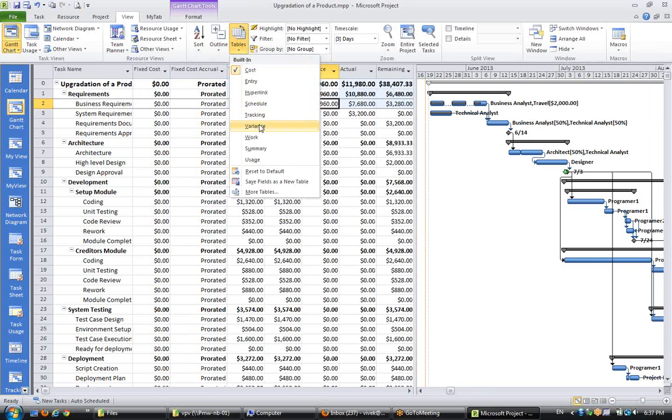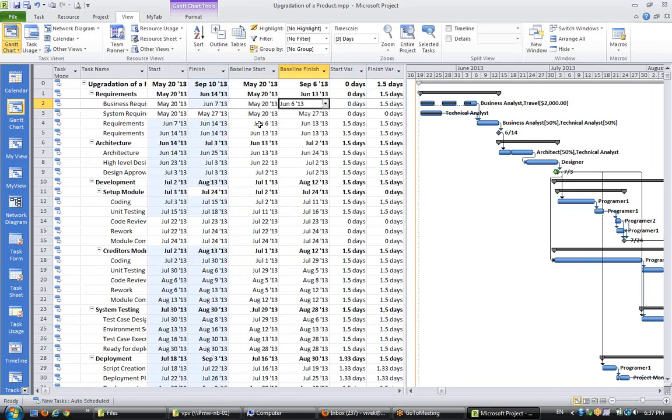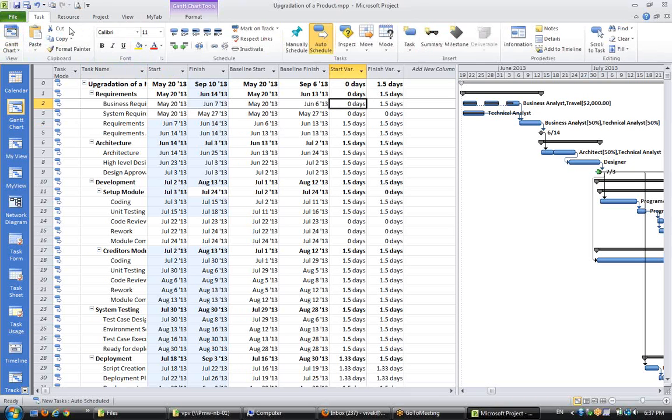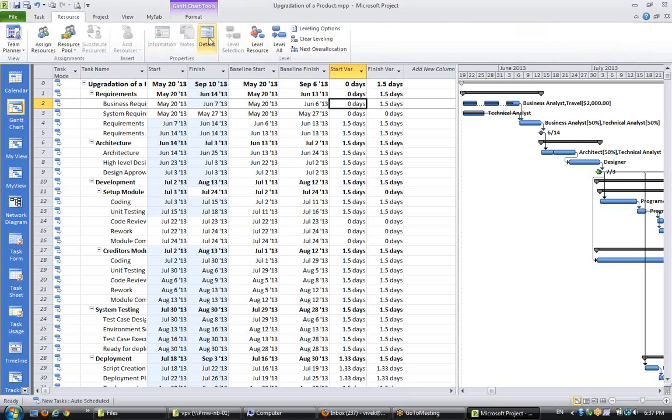If you go to variance, you will see a 0.5 days, because it started on 5 days later. Though that is also not a correct situation as of now, because we have already,